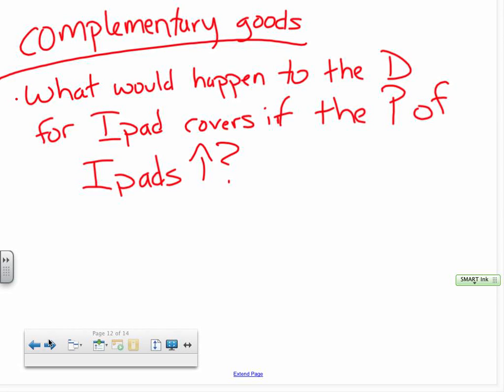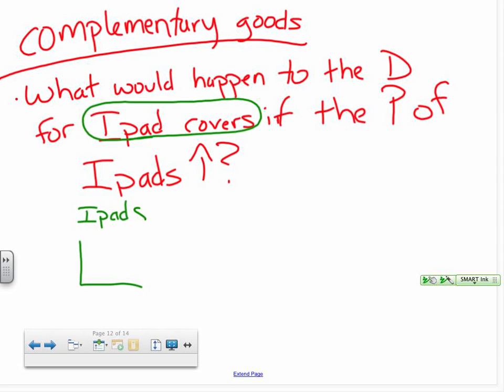What would happen to the demand for iPad covers if the price of iPads went up? Notice this question is asking you what would happen to iPad covers. That's what we're trying to figure out. So, let's graph this out. We're going to make a graph of iPads. Price, quantity, demand. And this says that the price of iPads goes up. All right, so the price of iPads goes up from there to there,